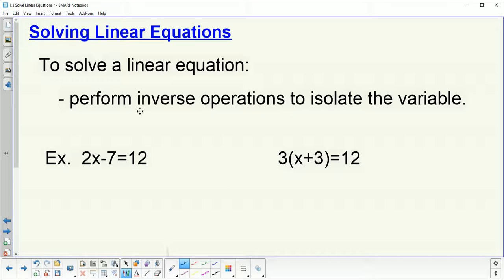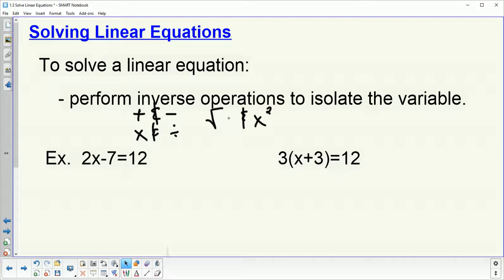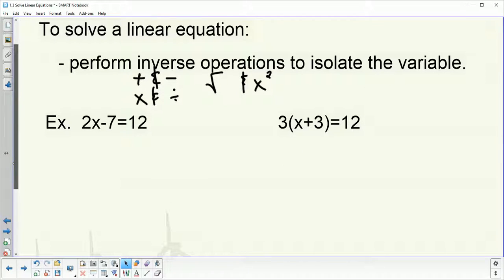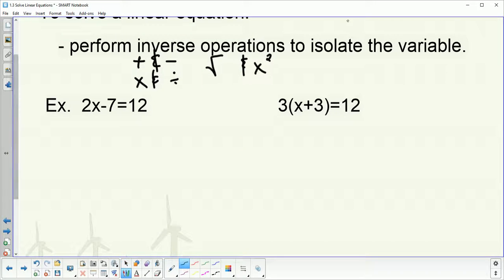Now when we talk about inverse operations, that means things like addition and subtraction, or multiplication and division, or a new one that we could have is square rooting and taking something to the second power. Those are also inverses. Now these wouldn't be linear equations, but just keep in mind that sometimes when we have something squared, we're going to have to square root. So the other thing that we should keep in mind and probably write down, operations must be performed on both